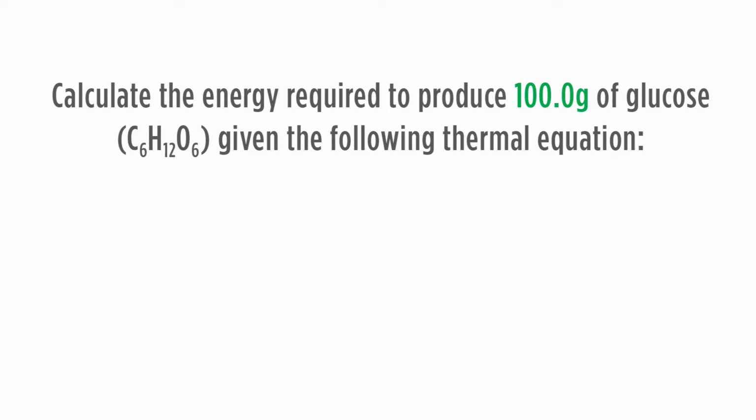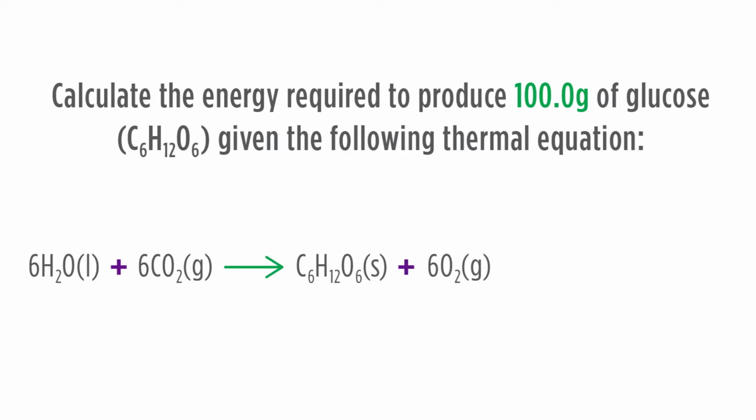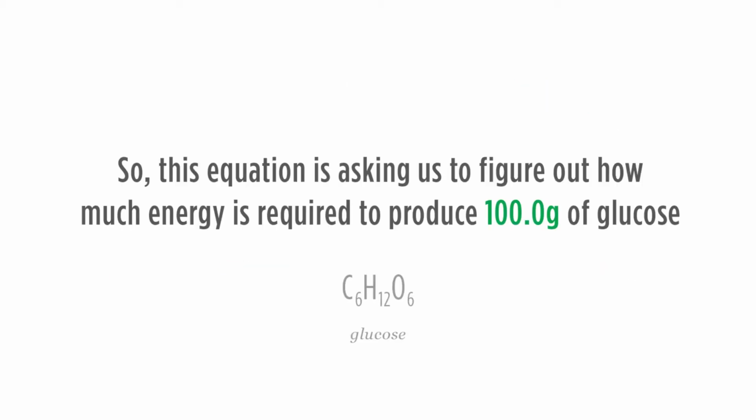Calculate the energy required to produce 100.0 grams of glucose given the following thermal equation. 6 H2O liquid plus 6 CO2 gaseous will produce C6H12O6 solid plus 6 O2 gas. Gives us delta H equals positive 2,803 kilojoules per mole. So this equation is asking us to figure out how much energy is required to produce 100 grams of glucose,